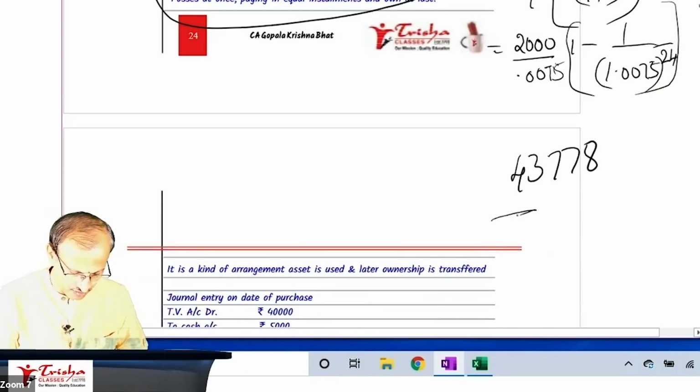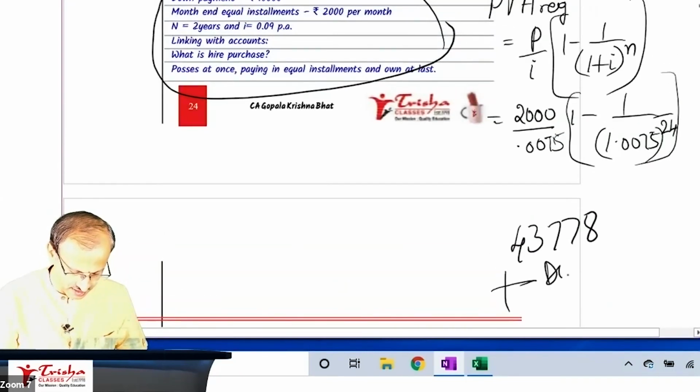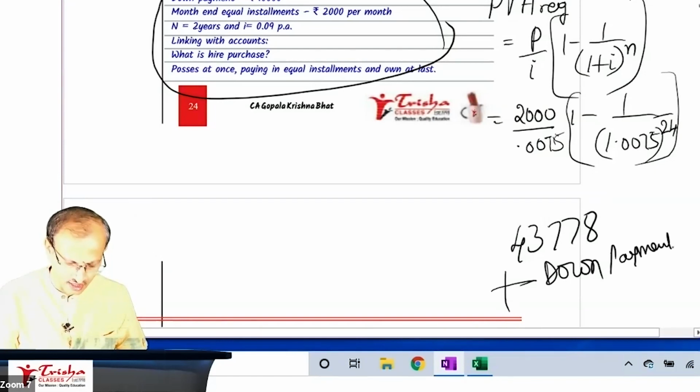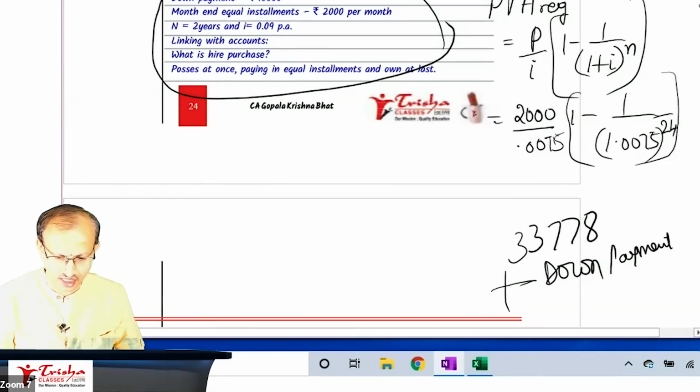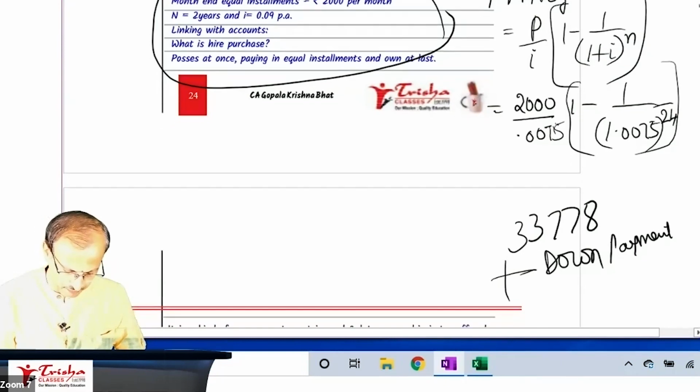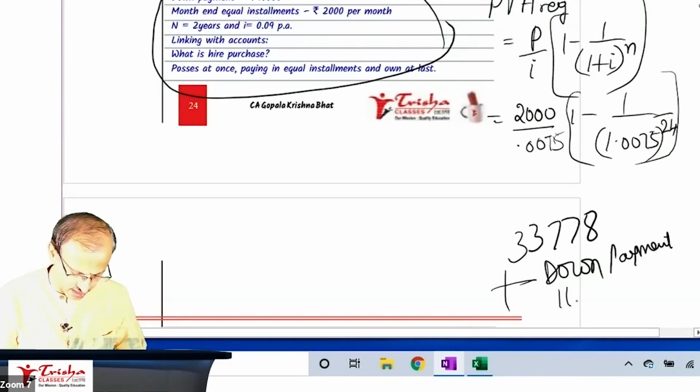For that you have to add the down payment. Have you added the down payment? Okay. So this gives you 43,778. Do all of you agree with me? 43,778 plus the down payment of 10,000, the final answer comes to